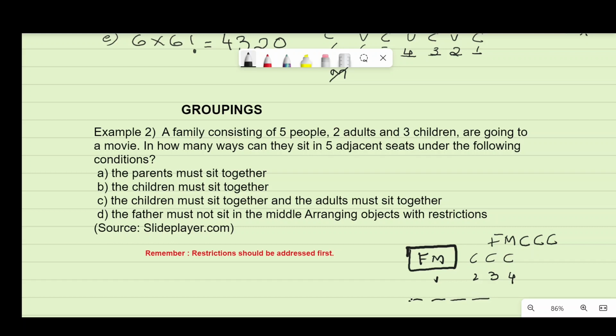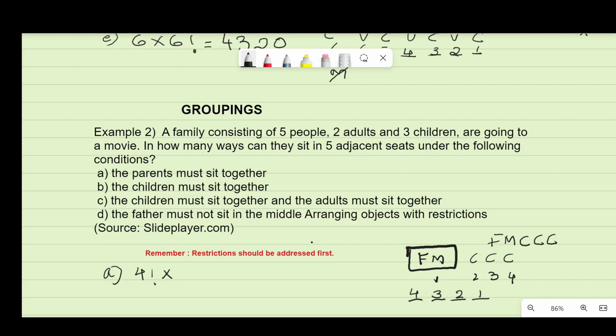If there are 4 things, how do we position them? Any one of the 4 can sit here, then any remaining 3, any one of the 3 can sit here, any one of the 2, like that. So if there are 4, it's 4 factorial ways. Okay, so the answer for A now is going to be 4 factorial, but we are not going to leave